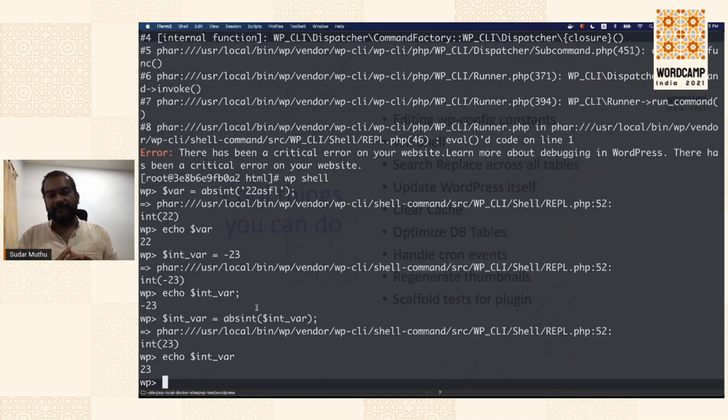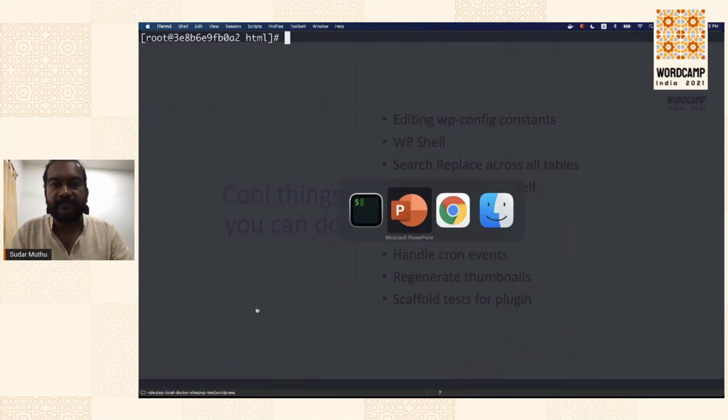So this is very useful, and I use this a lot of times. Basically, if you want to quickly check out a code snippet and see how it would actually work, or you want to quickly verify or validate a particular function or snippet of code, you'll be able to use WP shell. And it's pretty powerful because you can enter any PHP code, and the main advantage is that you would have the entire WordPress loaded inside that shell, so you'll be able to use all the WP-CLI commands. Okay, let's clear the console. Let's go back to the slide.